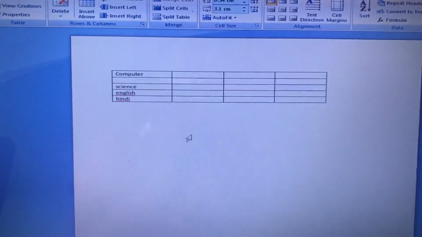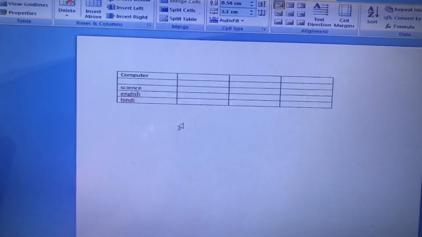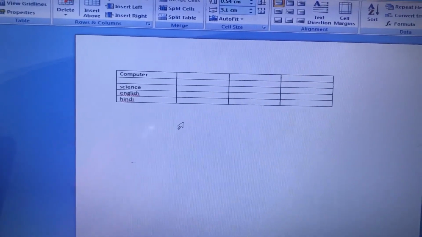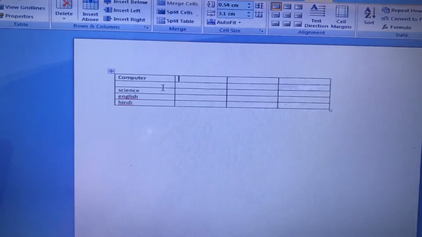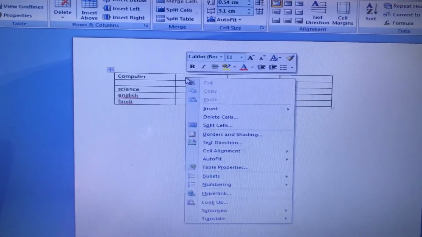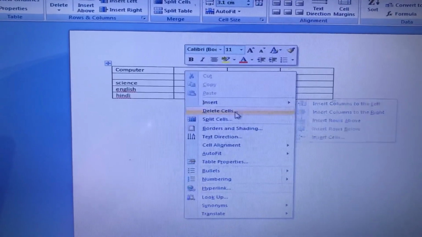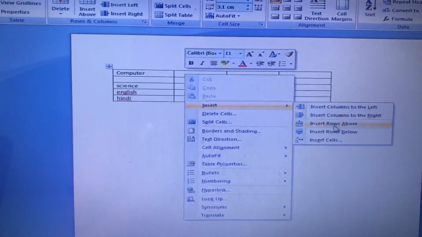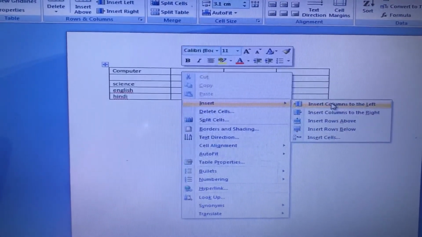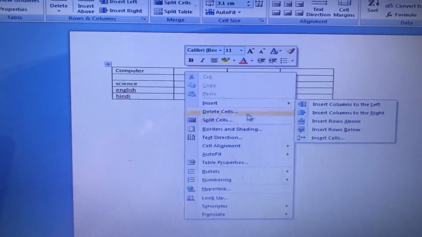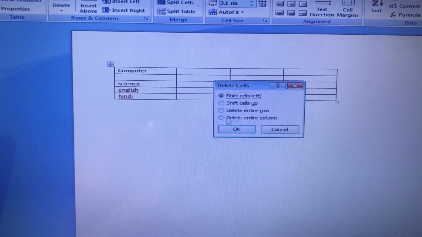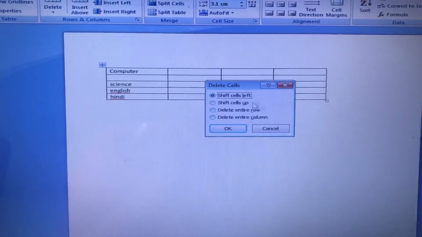So basically there are two methods to insert or delete rows and columns. First, you just right click on the rows or columns, go to the insert or delete option, and you can insert columns or rows, or if you want to delete, click on delete and the options will appear.